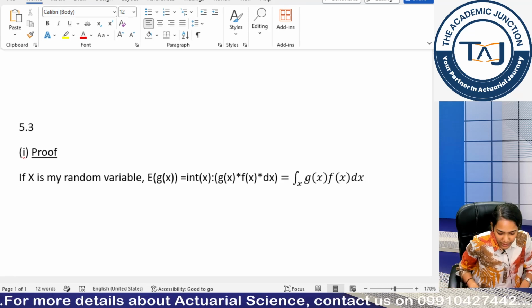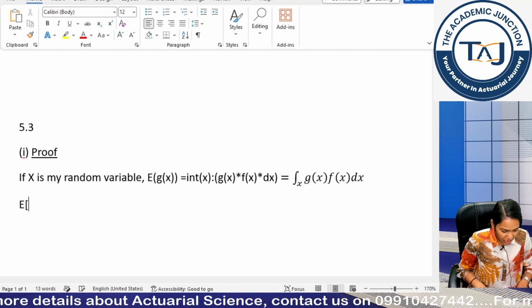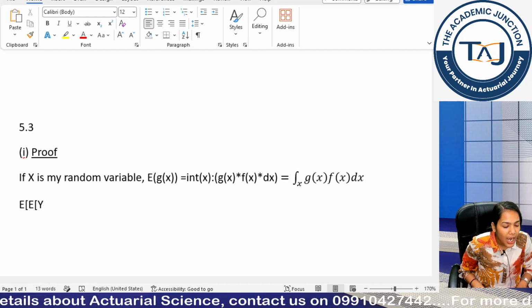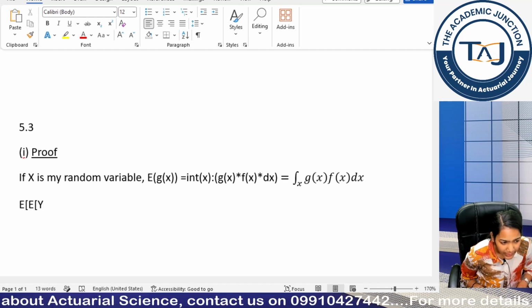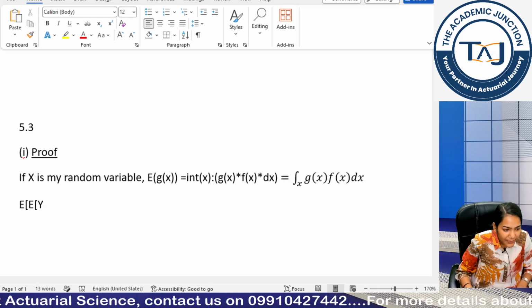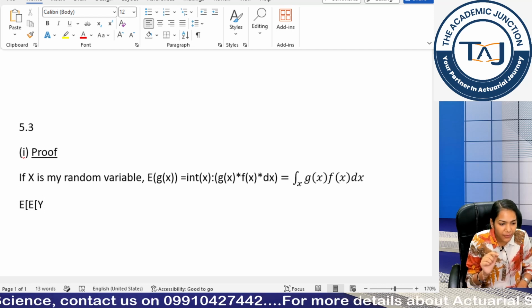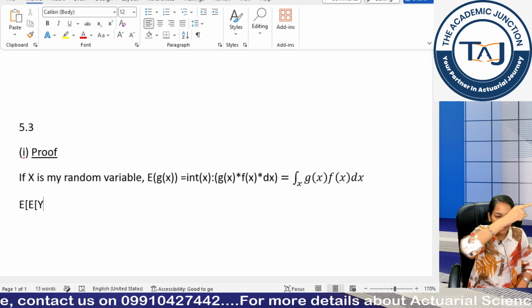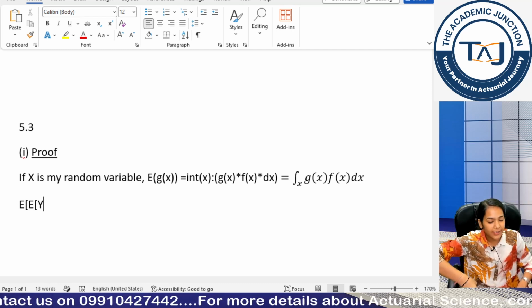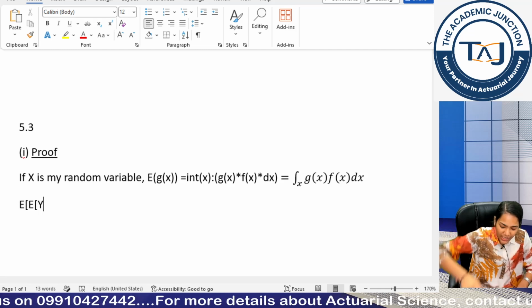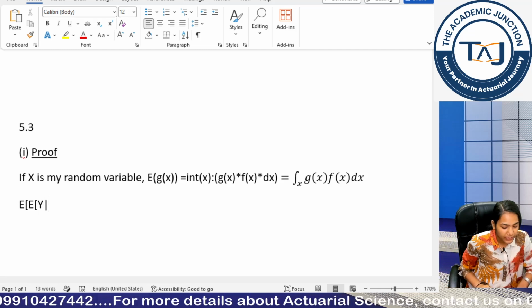So moving forward, we have expectation of y given x. How do we use the given sign? Shift, there is a key above your enter, right? There is a key above your enter which has a vertical slash and a slanting slash as well. So to get this vertical slash, I will use shift with that key, right?